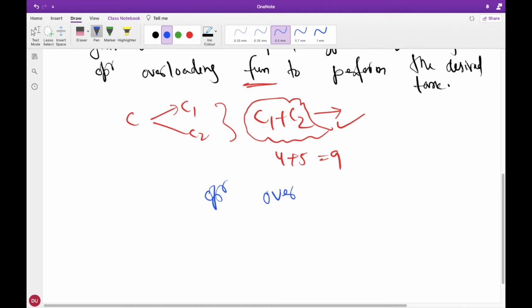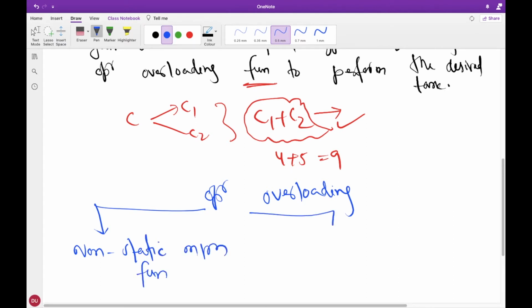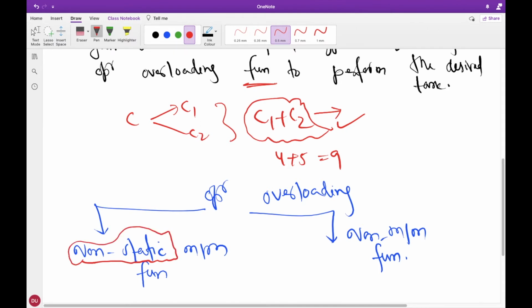So how can you write operator overloading functions? You have two ways. One way is to declare or define non-static member functions, and another way is to define non-member functions. If you are defining member functions they should be non-static, and that is a must. What is the reason behind declaring these functions as non-static? Because these functions must be called on an object of the class and operate on that object.